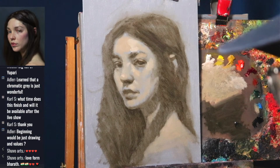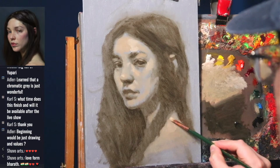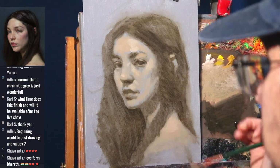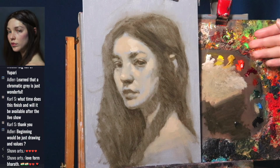I think Shabu, thank you. But yes, trip down memory lane was needed. And I wanted to do this because I was using this palette. So with this very palette,